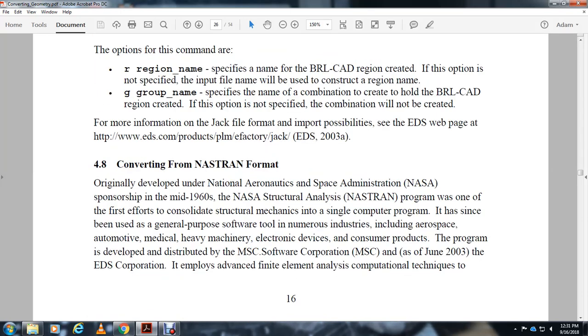Alright, converting the format to Nastran format, originally developed with the National Aeronautics and Space Administration, or NASA. The sponsorship of the mid-1960s NASA Structural Analysis Program was one of the first efforts to consolidate structural mechanics into a single computer program that has essentially been used as a general purpose software tool. Numerous industries, including aerospace, automotive, mechanical, medical, heavy machinery, electrical devices, and consumer products, use the products developed and distributed by